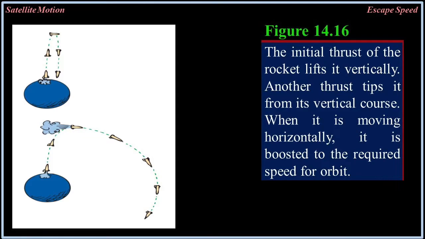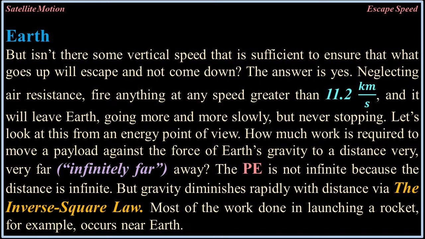14.16. The initial thrust of the rocket lifts it vertically. Another thrust tips it from its vertical course. When it is moving horizontally, it is boosted to the required speed for orbit around Earth. But isn't there some vertical speed that is sufficient to ensure that what goes up will escape and not